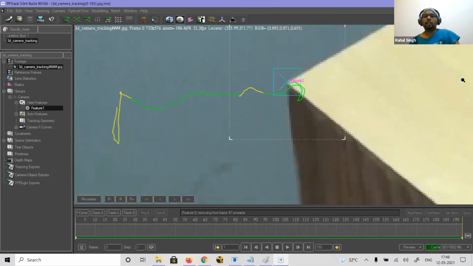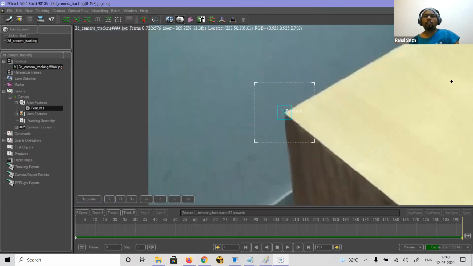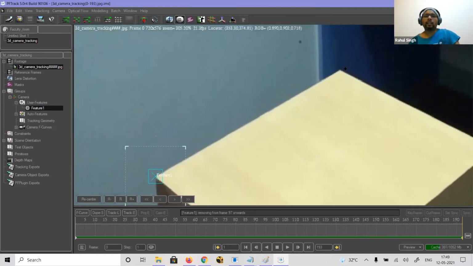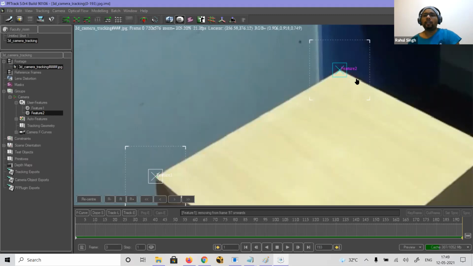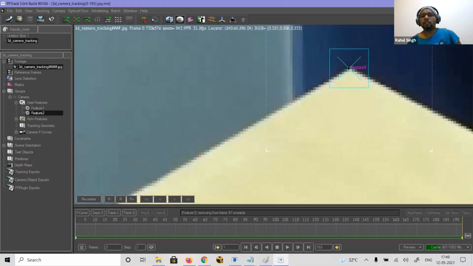Now one point, feature one, is done, right? Now you have to go back for another track point. If you click now, this will move to this place. So first you have to unselect. To unselect, click on the user feature. It has unselected. Go to the user feature again and click a new point. It will add a new point now. So zoom in a little, center it out.